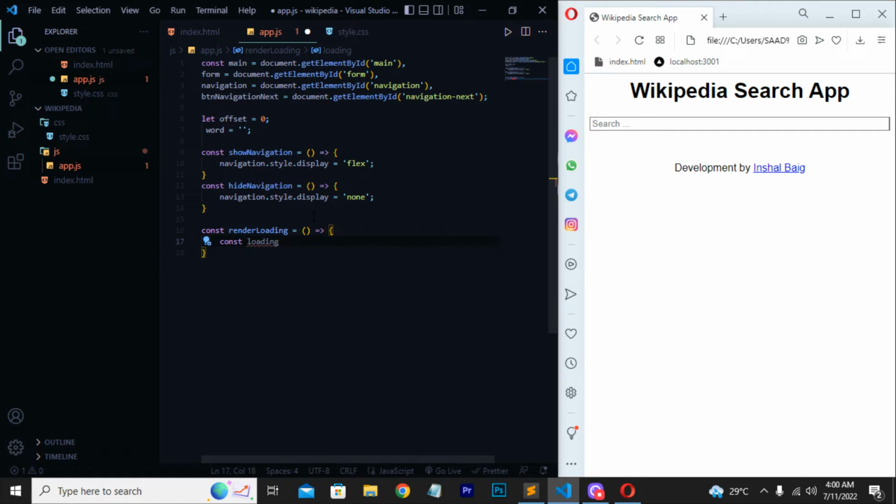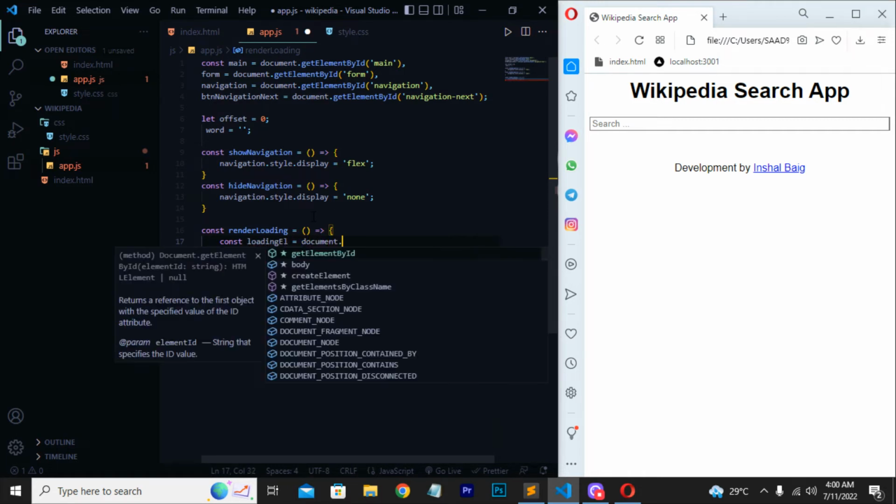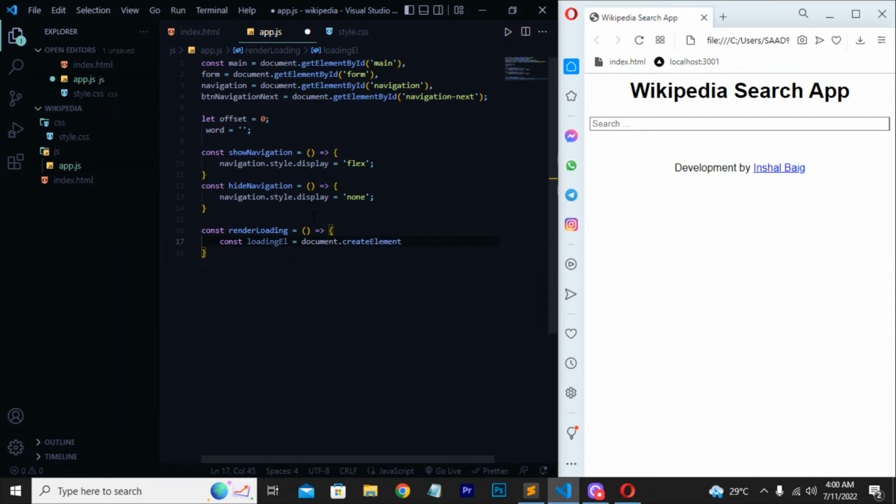Here I'll be now writing el is equals to, then you have to write document.createElement. When you've done that, here I'll be writing div. Close this tag, move down, and here I'll be writing loadingEl.id is equals to loading. So right here, loading. Now when you're done with all that, you have to do simply one thing: close this, move down,